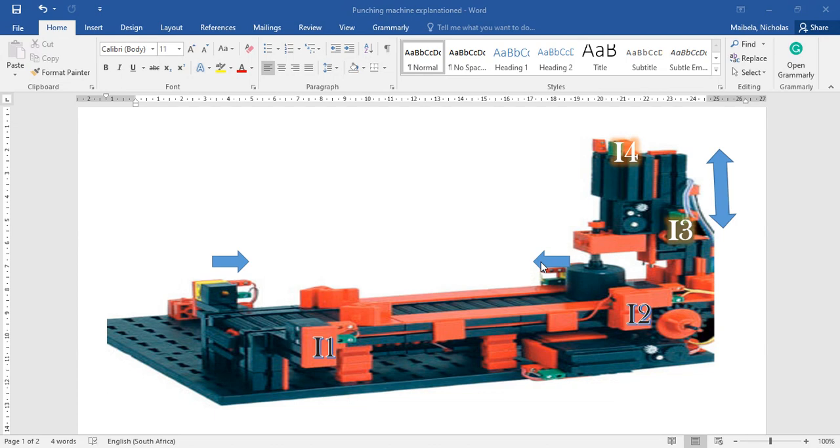In this video, I'll be covering the ladder logic for the punching machine. As you can see, the punching machine will need a separate push button to start. Already all the inputs from I1 till I4 are used, therefore I'll need a separate push button, which is I5, to start the machine. When you place the item here and press I5, it is expected that